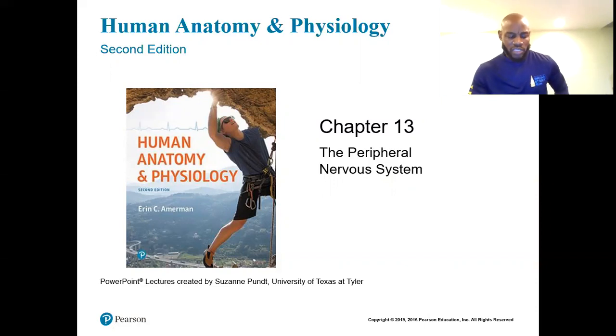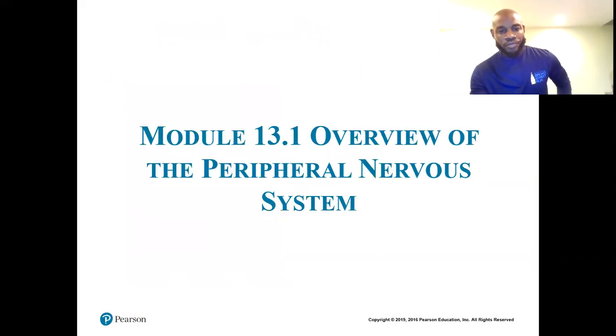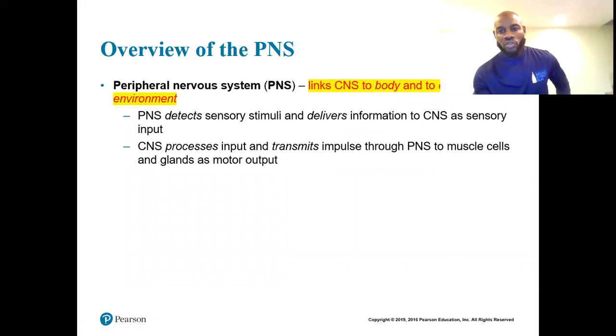All right, so this video right now is the first section of chapter 13, the peripheral nervous system. Hopefully you got the email that summed up the end of chapter 12, and now we're moving forward with chapter 13. This is an overview of the peripheral nervous system. Remember we have the central nervous system, which is the brain and the spinal cord down the back. That's your central nervous system, and then everything else is basically your peripheral nervous system. Your peripheral nervous system connects your central nervous system to your external environment, to your world, right? So that's very important to remember.